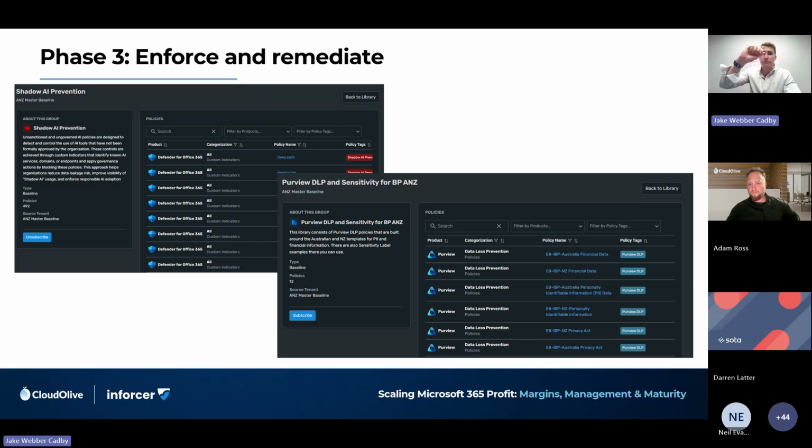And then tying that all back together, once you've flagged things that they shouldn't be using within their environment, you're then governing and putting in the best practices to prevent that from happening again. So in Enforcer, you can then leverage things like Defender or Purview to put the right mechanisms in place to block things like that happening in the future. So that's just an example of how you can start adding additional recurring services, but also uncover additional PS revenue off of things like Microsoft Copilot, which is going to be a hot topic for a lot of your customers at the moment.